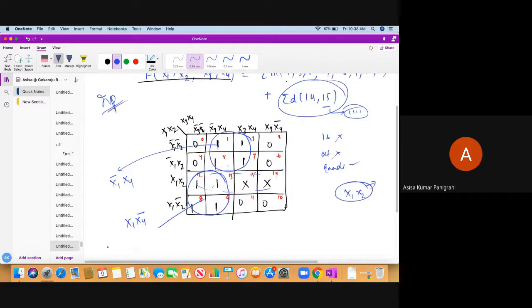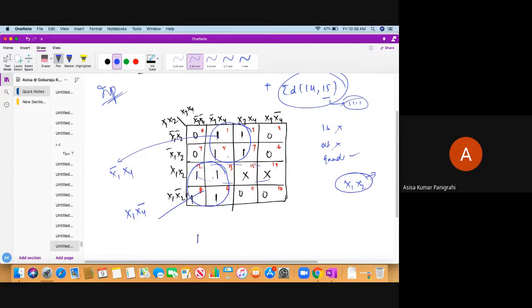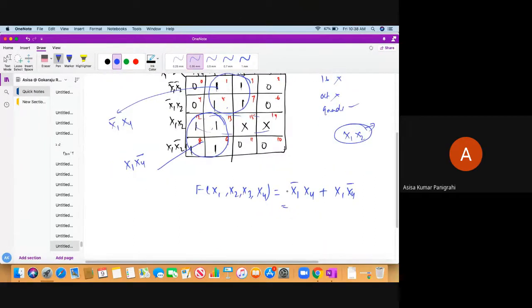Okay, so finally we have got our function f, which is a function of x1, x2, x3, x4, and we have got it here as x1 bar x4 or x1 x4 bar. This is obviously what? An XOR gate. So you can finally write it as x1 XOR x4. You can realize it in a very simple way like this. So this is my realization, x1, x4, and this is my f. Understand, students?